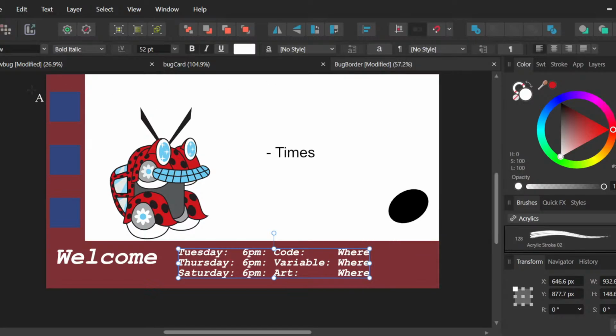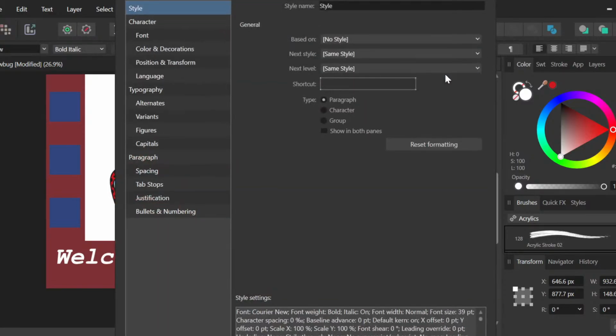Even if they make it really similar to one you've used, it'll be a little weird. Paragraph style. No style. Let's do a new style. I don't know. I'm just gonna call it frame underscore txt,